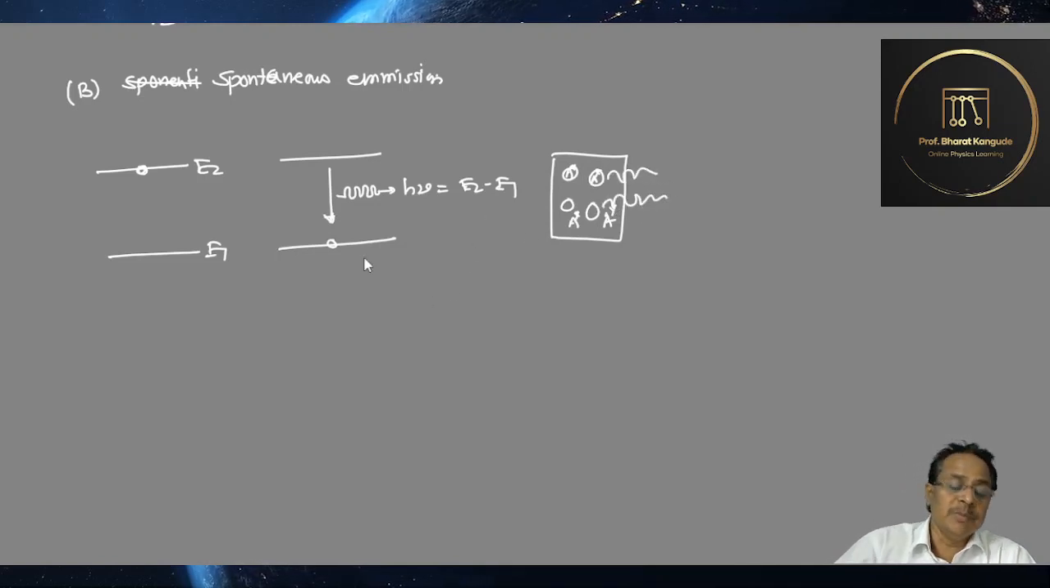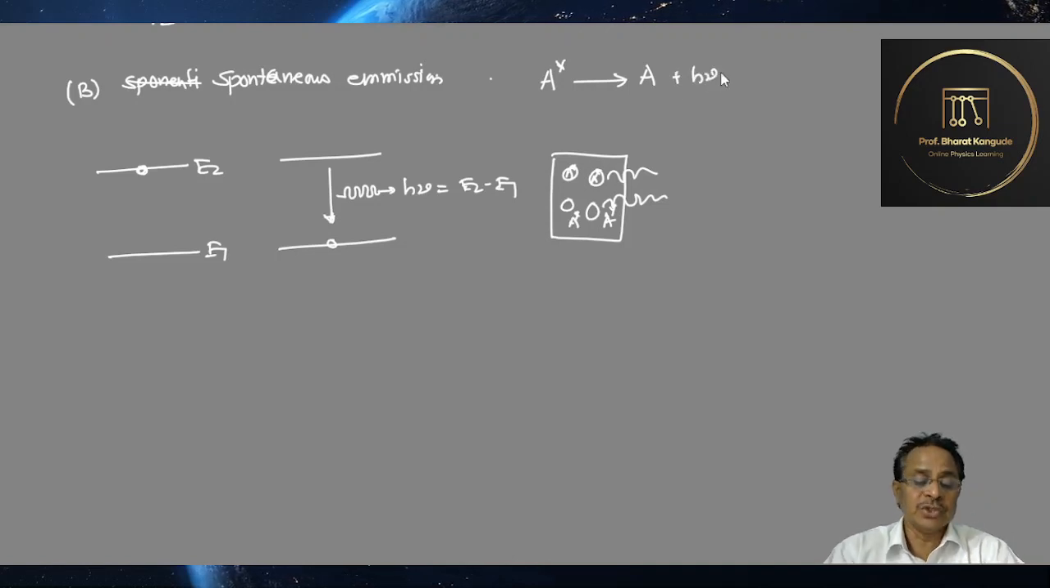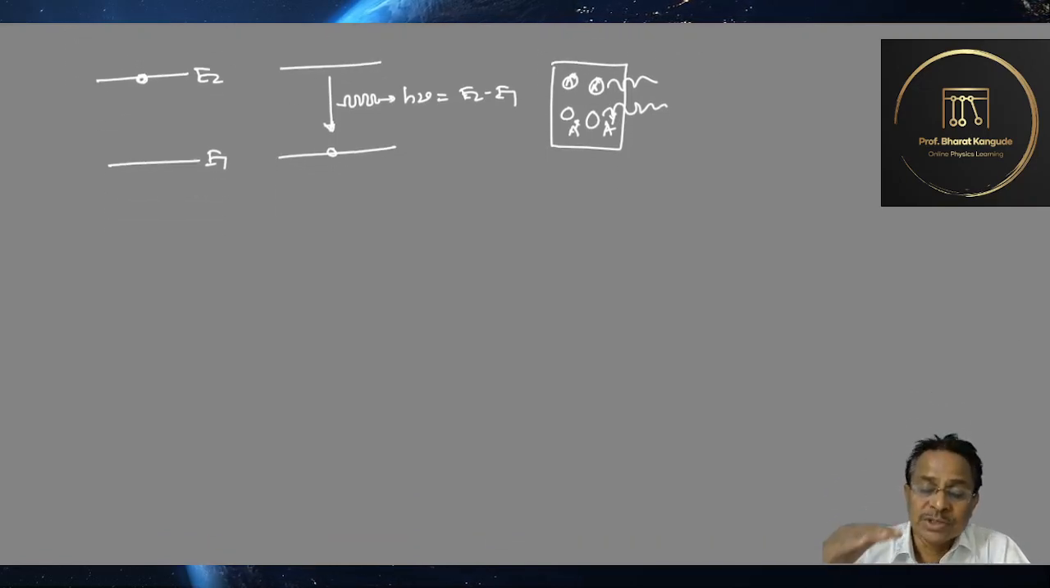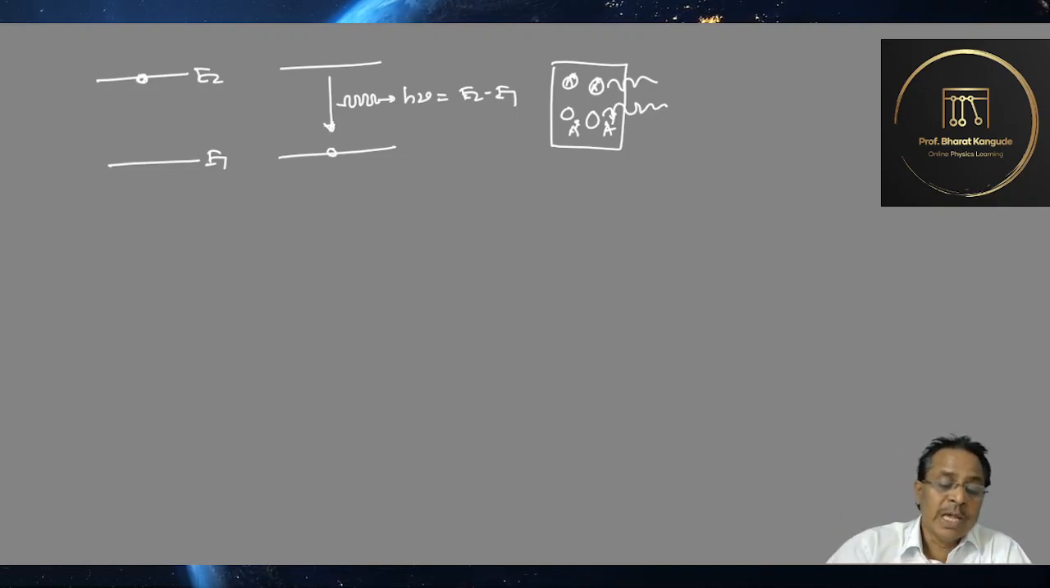So this is the spontaneous emission, and the reaction we have written earlier I can write here: A star goes into A, the normal state, plus it emits energy given by h nu. The atom was in the excited state, it goes into the de-excited or ground state, and it emits energy exactly equal to E2 minus E1, which is again equal to h nu. And therefore the rate of spontaneous emission,